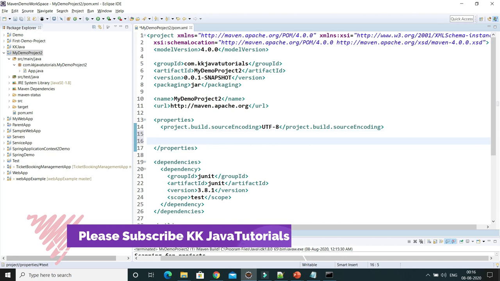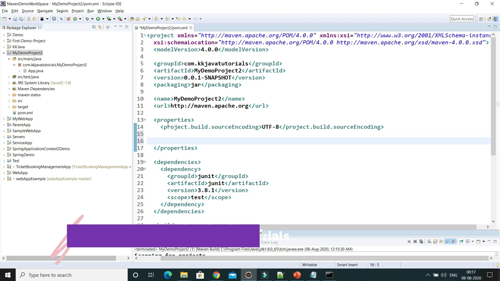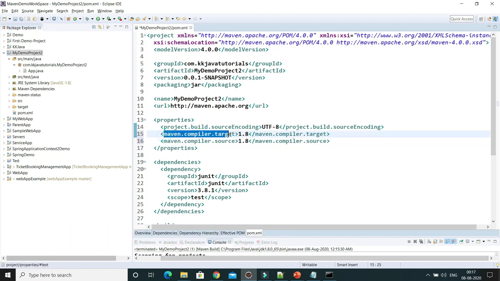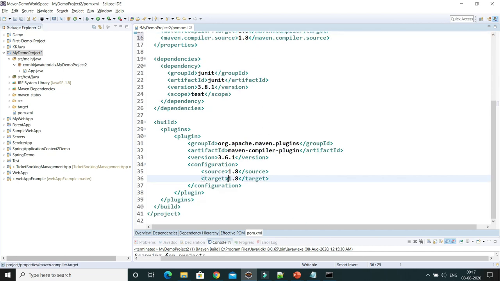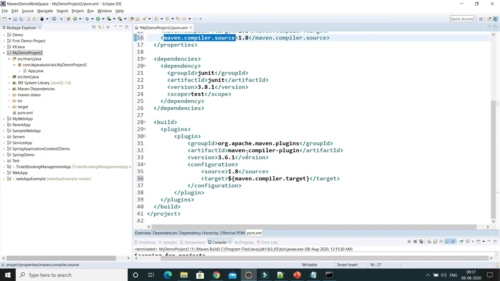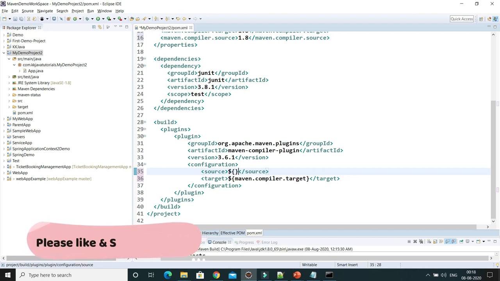Inside the properties we can define these two properties, JDK version for target, and we can use this property here with dollar and curly brackets. Similarly we can specify the JDK for source. Copy this property name, and here you can give dollar and curly brackets like this.